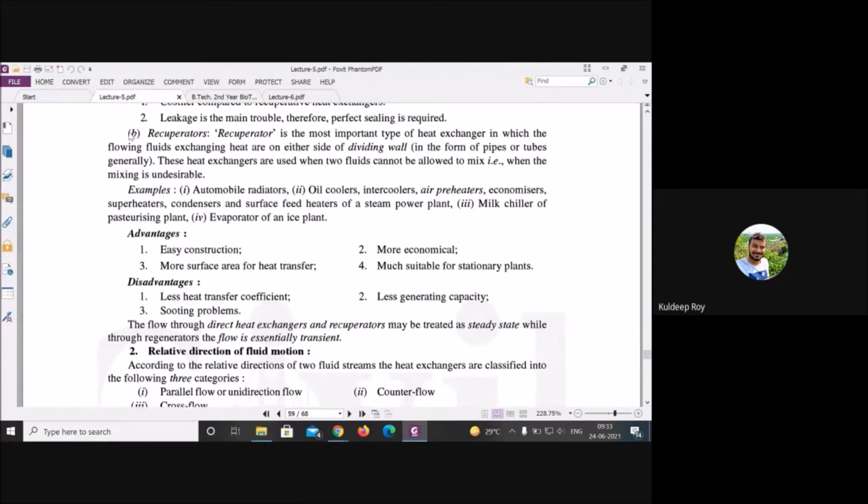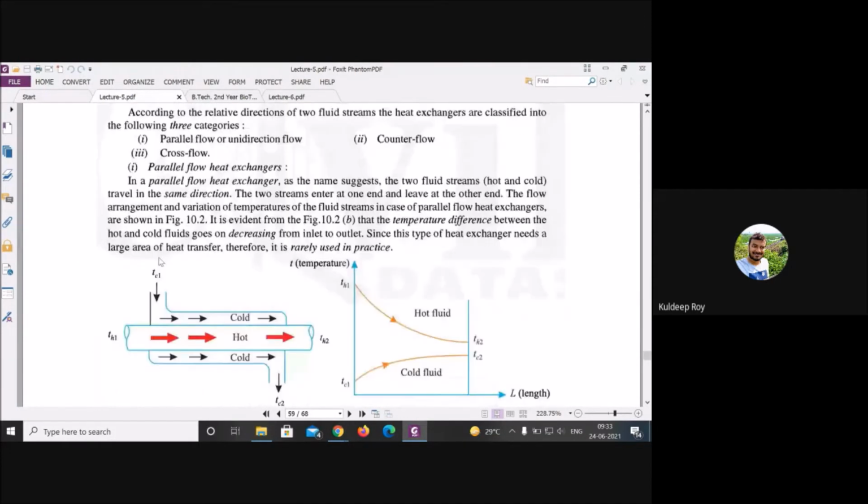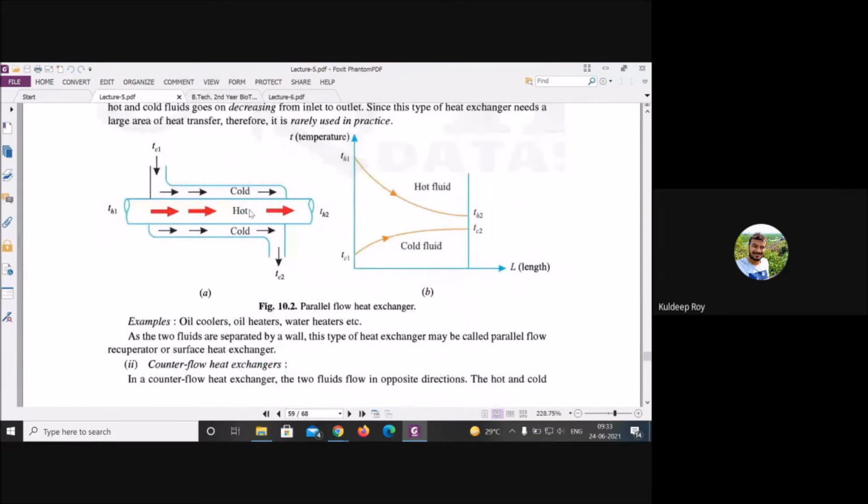We also discussed how we can flow our fluid. It depends on your application, how much heat transfer you want. That we have already discussed: why this particular portion is very high and that is very low, and how we compare counter current with co-current. We also saw the temperature and length profile of the cross mixed flow.